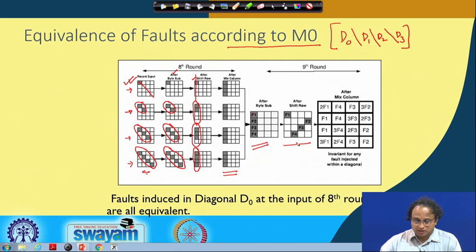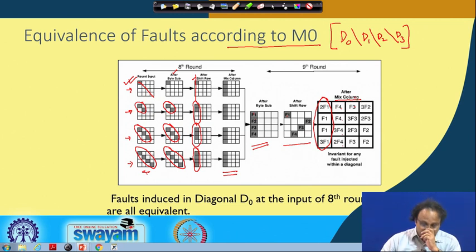Okay. And that implies that after the mixed columns operation, F1 gets transformed into these equations, that is 2F1, F1, F1 and 3F1, and likewise you have got F4, F4, 3F4 and 2F4 and so on for F3 and also for F2. Okay. So this is because of the mixed columns which takes place at this point.